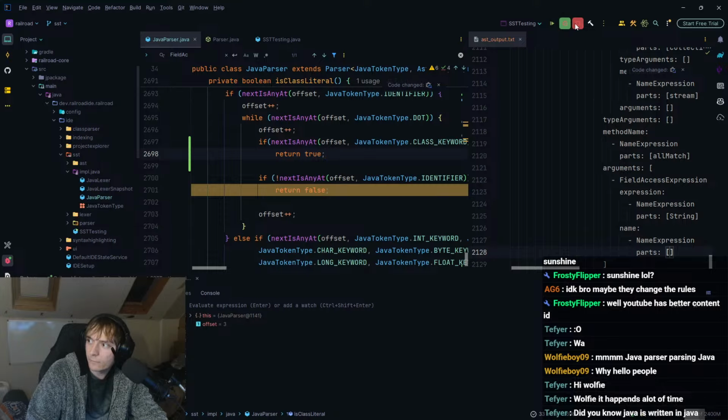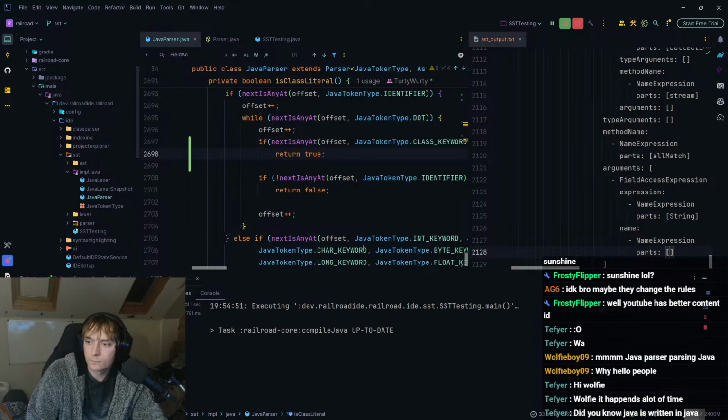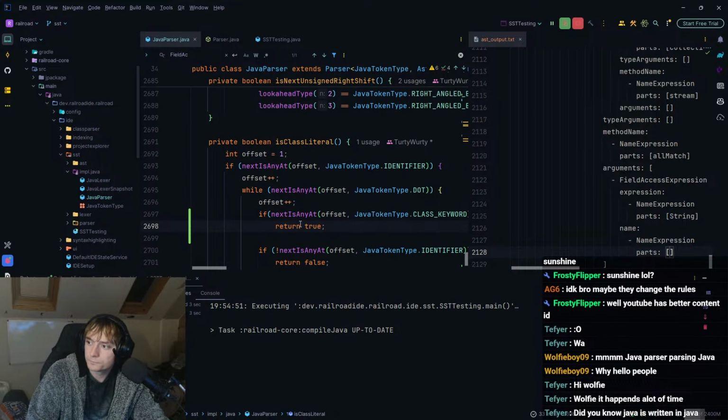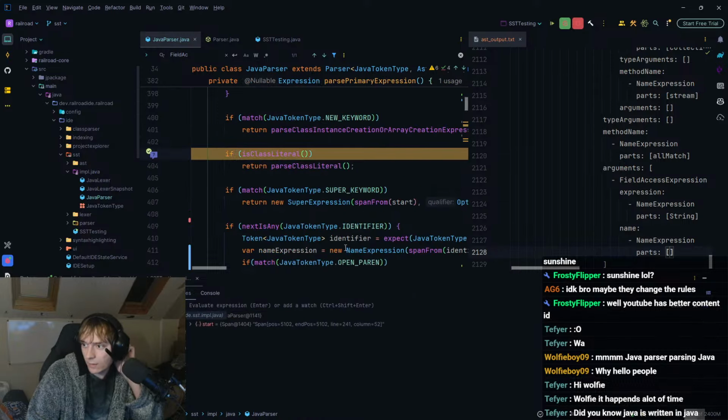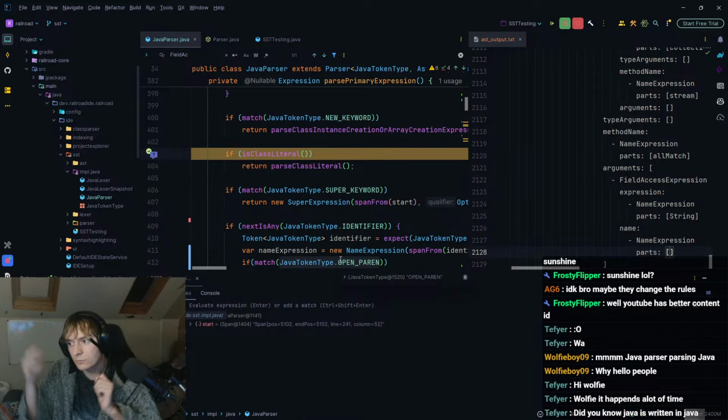Right? I think that fixes it. That means it has to be an identifier dot class, basically.